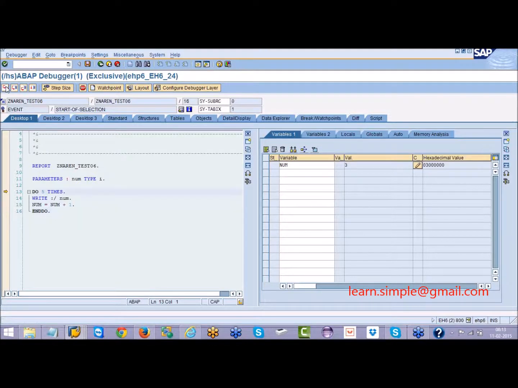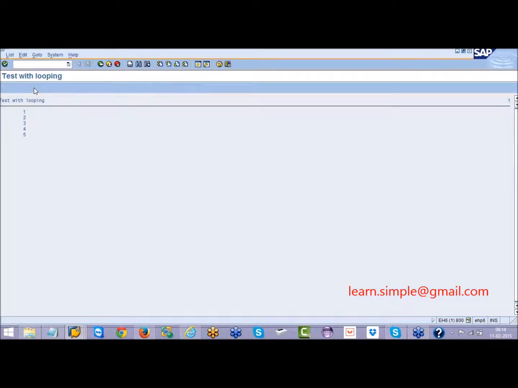Now we are going for the third time. What is there in this num? 3 is there, so 3 will be printed in your output. 3 becomes 4, 4 will be printed. 4 becomes 5, 5 will be printed, and so on. Say if you give 1000, up to 1000 numbers you will print, and then you will come out. Okay, so this is how your output is printed.